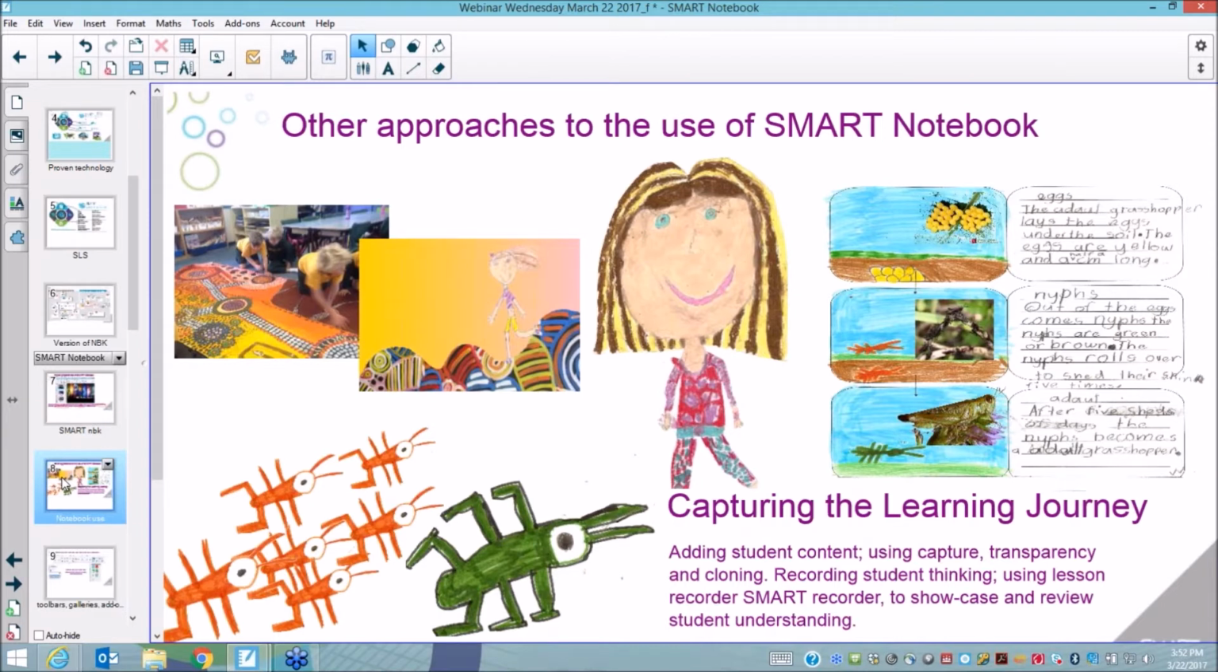So these teachers often capture everything they're doing, maybe using other pieces of technology, maybe integrating 3D printers, or maybe integrating Minecraft, and they use Smart Notebook to capture all of the record of that particular learning journey. And then specifically today what we'll look at are things like transparency and cloning, and using the Smart Recorder and